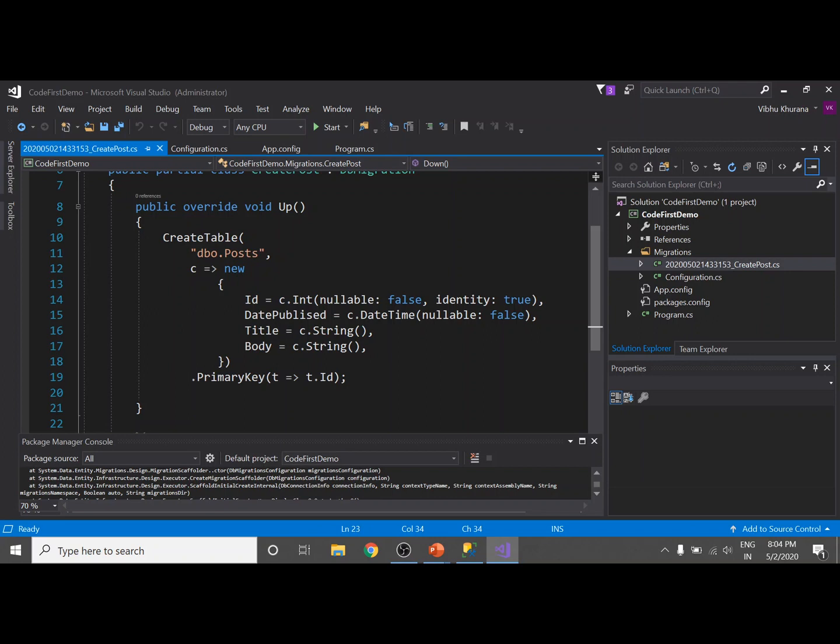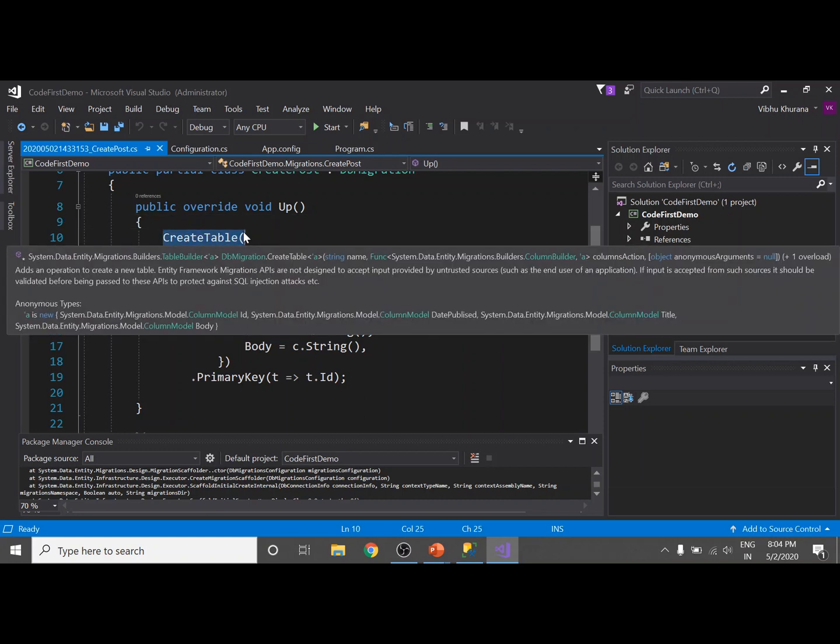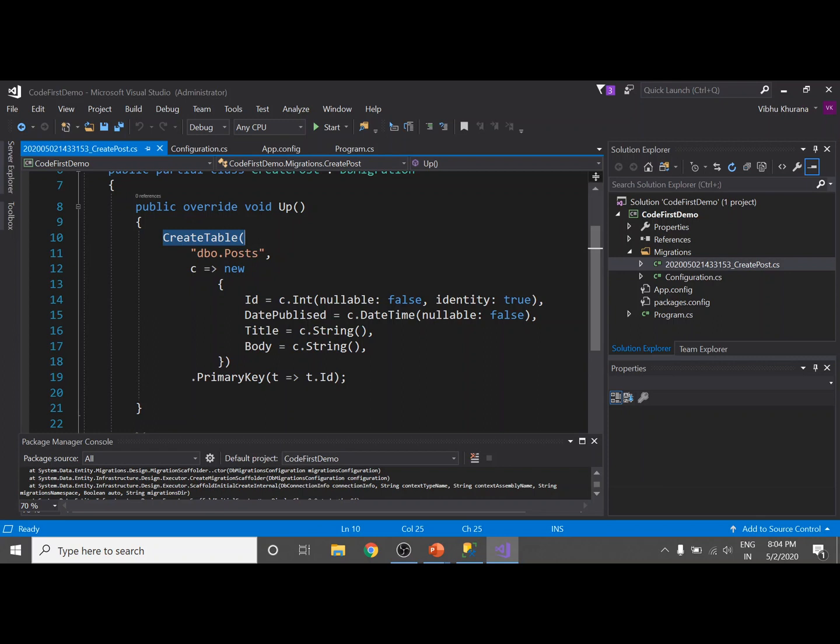Okay, now let's see what's happening inside this method. Here we are making a call to a function called CreateTable. It tries to create a table called Posts with these columns. Here Id is an integer, it is not nullable, and it is identity.